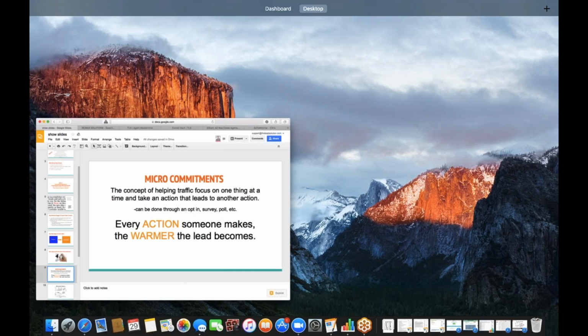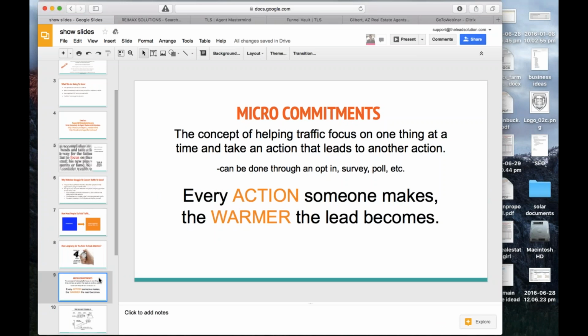What I found the most successful is micro commitments. The more yeses, and it doesn't even matter if it's a tiny yes, the more yeses or actions I can get out of someone, to me, those are yeses to the big picture. So in this case, if you want someone to buy a house or list their house with you, we need these micro commitments done, and we need them done strategically. This is where we're seeing real estate agents make a massive breakthrough, especially in the online world. Every action that someone takes makes them a warmer and warmer lead.